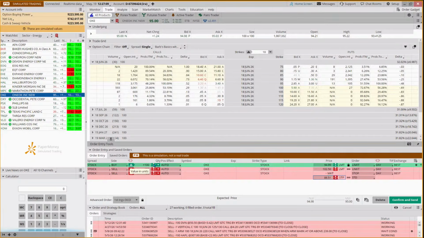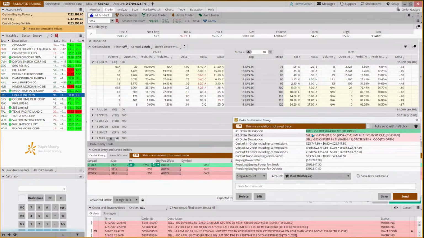So why are we doing 200 shares? We could do a position size of about 25,000, so if we wanted, we could actually make it 250 shares, which would be about 25,000. We're going to hit our paper clip, and then when we click anywhere on these three lines, it will even those up. Good till canceled. Confirm and send.